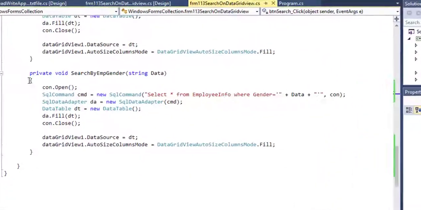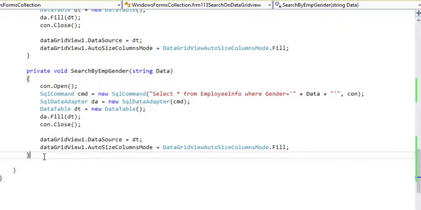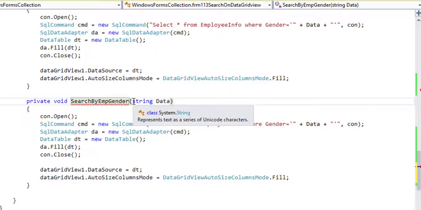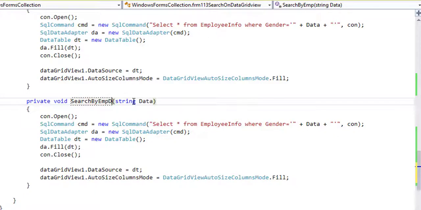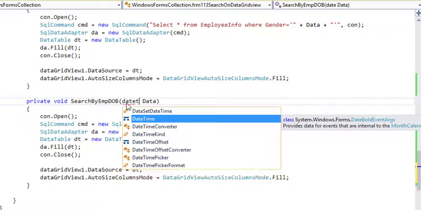Now I will show how to search data by date time type data. I am copying the method search by dob. Here data will be date time.